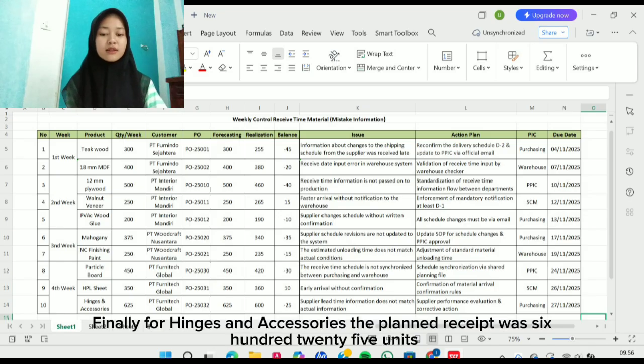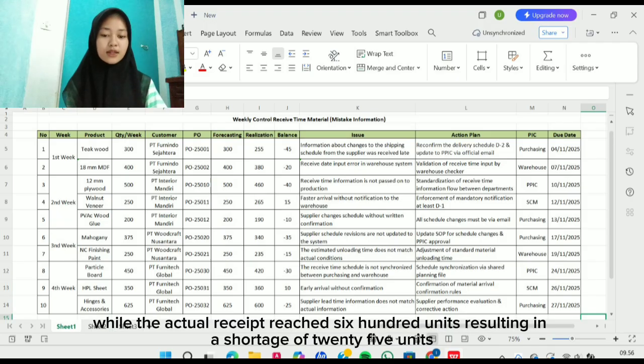Finally, for hinges and accessories, the planned receipt was 625 units, while the actual receipt reached 600 units, resulting in a shortage of 25 units.